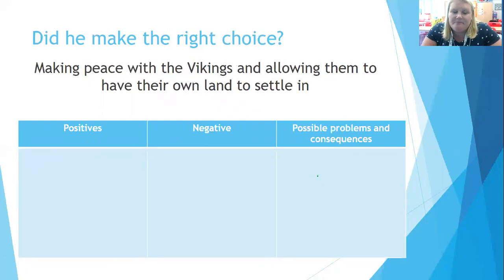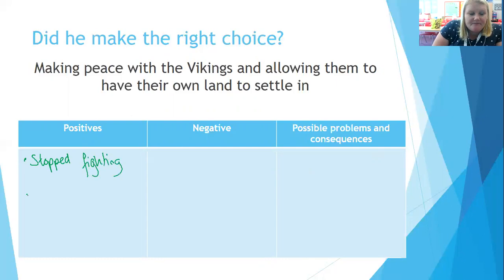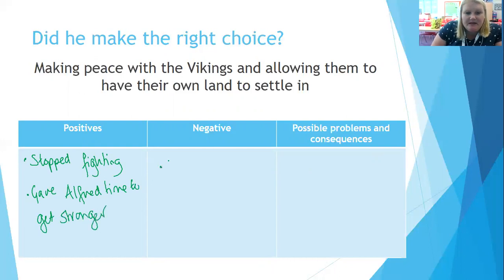But this one, pause the last one obviously and then unpause. Making peace with the Vikings and allowing them to have their own land to settle in. Positives, for me, it stopped the fighting. And it gave Alfred time to get stronger. He built his armies, he built walls, he built ships so that he could take on the Vikings. Negatives, he had given in